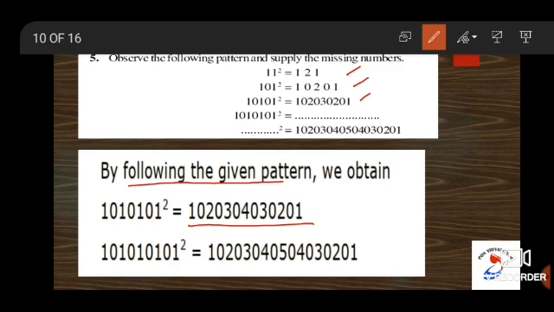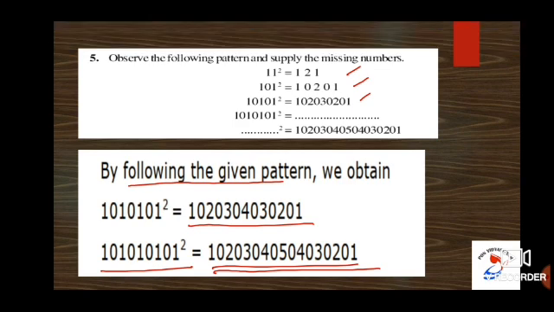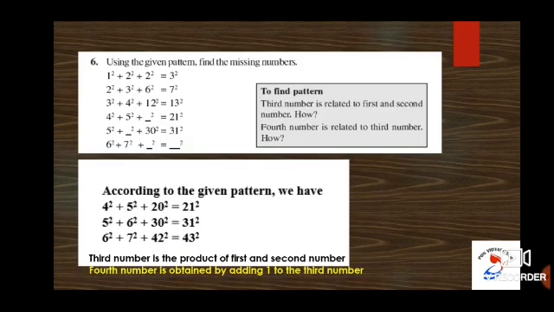Similarly for the last subdivision, they have given you the answer on the right hand side. You have to fill in the question. Again look at how many consecutive numbers you have written. Accordingly you can write the answer as 101 square. Very easy question. It is a pattern based question. Next we'll move on to the sixth problem.